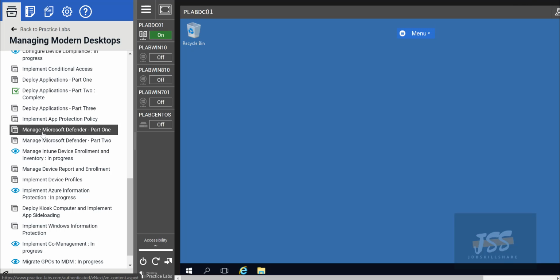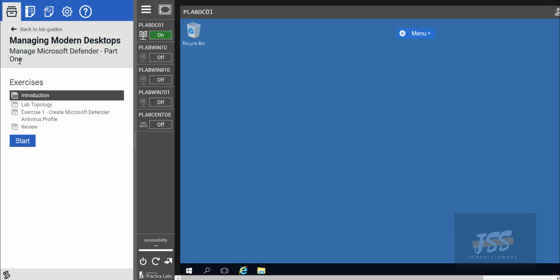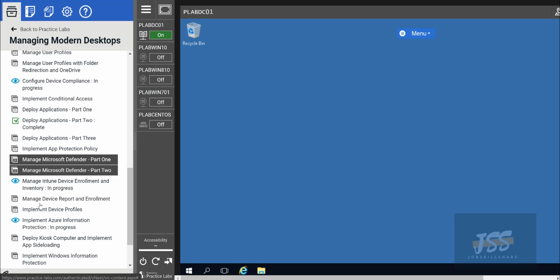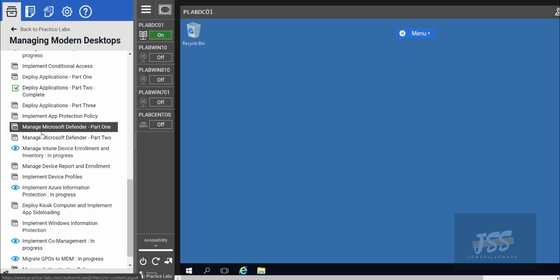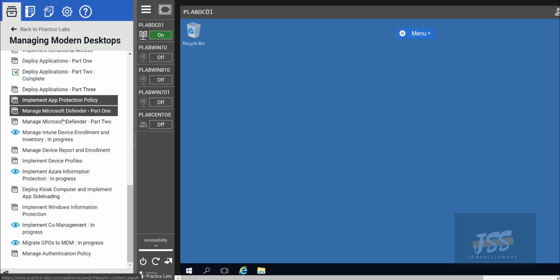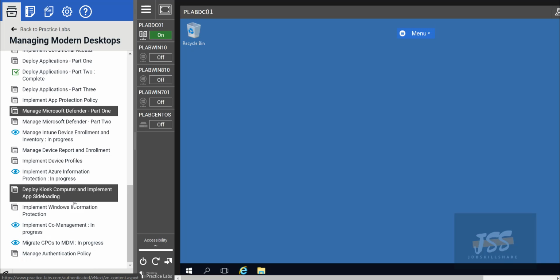And then we have this Microsoft Defender, Managed Defender. This is another one that Microsoft is heavily promoting, and a lot of companies are moving to Microsoft Defender now, and people are moving from other well-known systems. So these are the Windows parts that you can do.